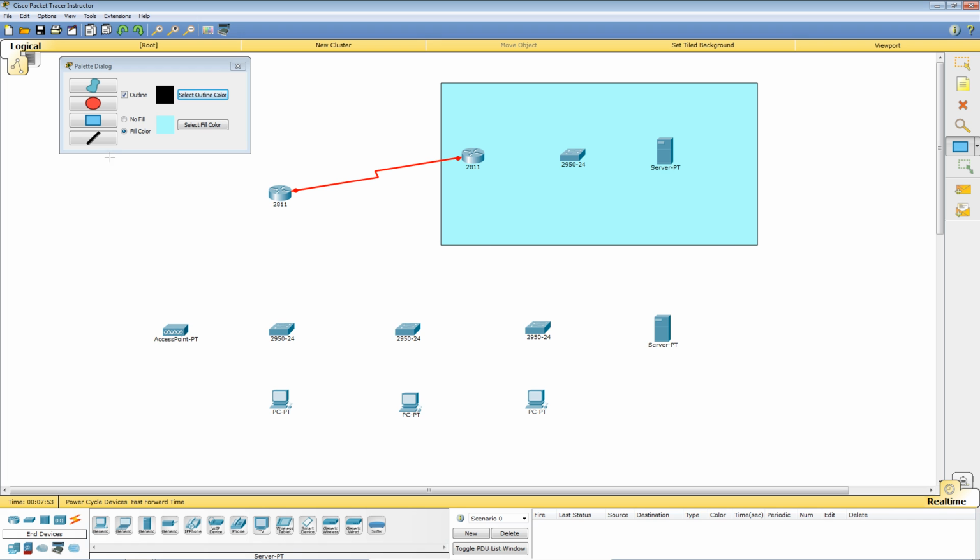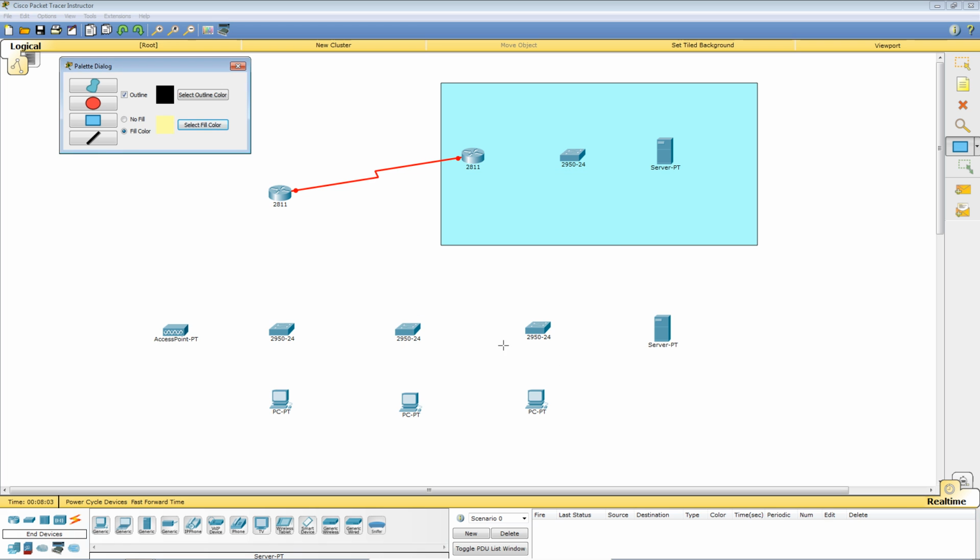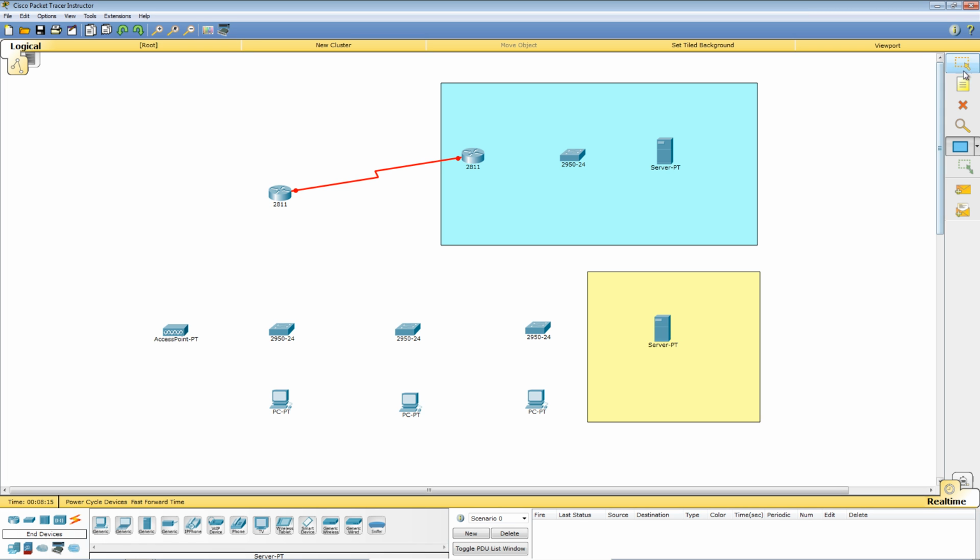That's our internet connection. Everything there is the internet. And we'll do, let's see, a yellow for our corporate internet, or corporate intranet to be more precise. So our corporate intranet will be over here with the servers in there. That's looking good. We can close the color palette,